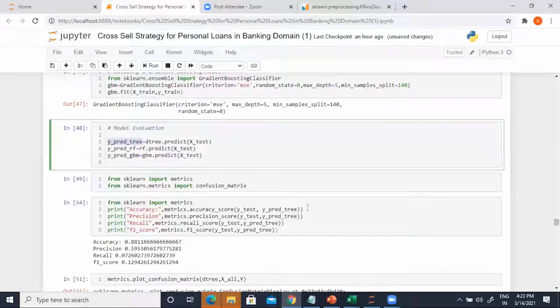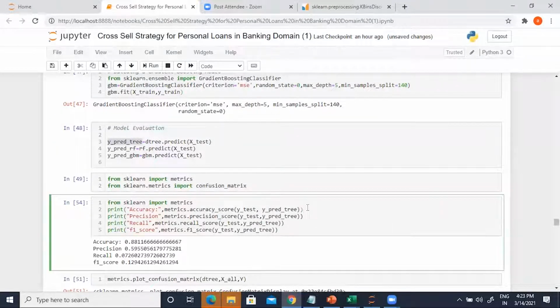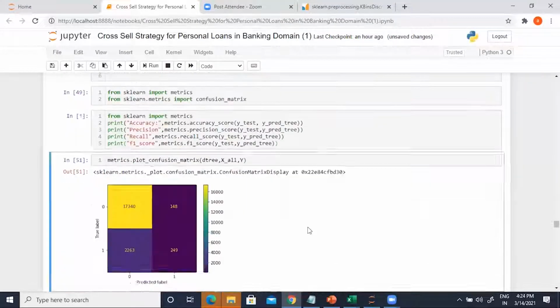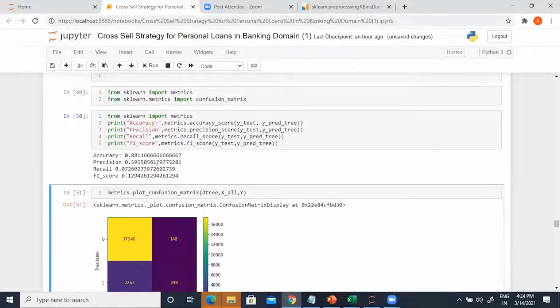I've created a data set called ypred tree, and this is based on the dot predict outcome. Okay, we can see that precision is 59%. And when you run the confusion matrix,